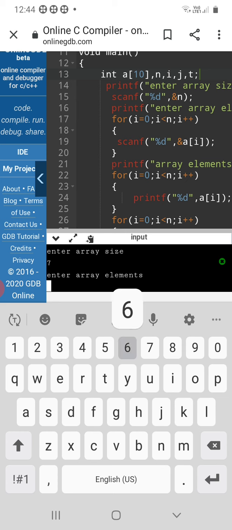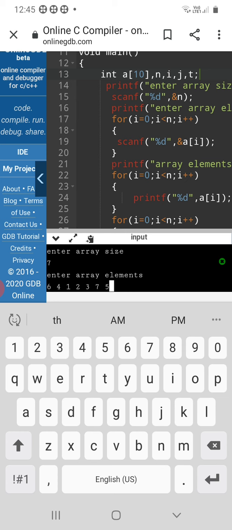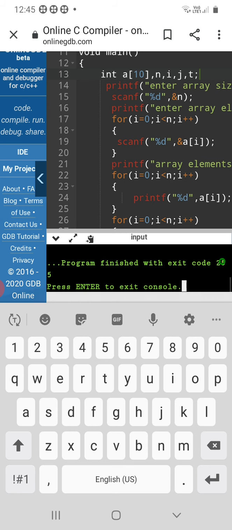I am entering 6, 4, 1, 2, 3, 7, 5. Press enter.